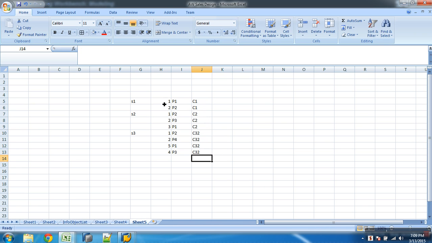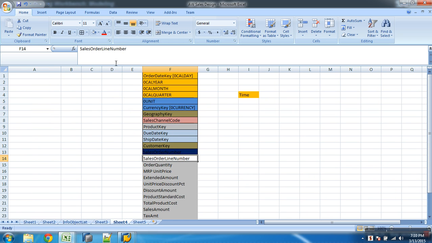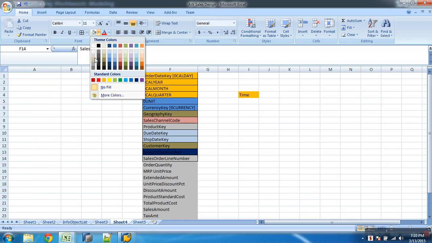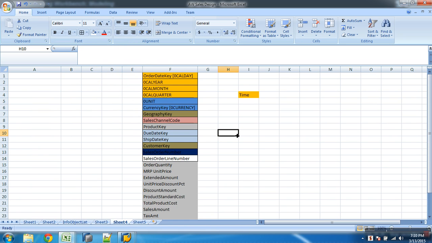Now all these items of this order were placed by C1 and all the items of this order were placed by what? C2, and all the items of this order were placed by C3. And multiple items belong to what? The same customer. And one customer can have multiple items. Can one item belong to multiple customers? I can have one with C1, one with C2. Here also I can have C1. Yes or no? So instead of having all these permutation combinations, what I will do is go with what? A separate dimension for line item separately. That is one dimension. Okay, now fine.